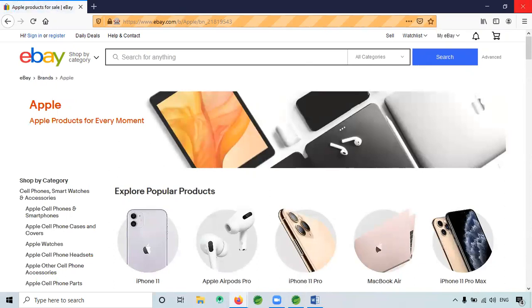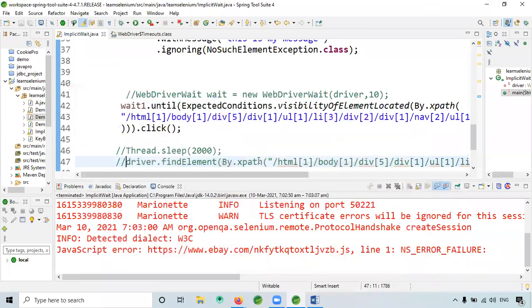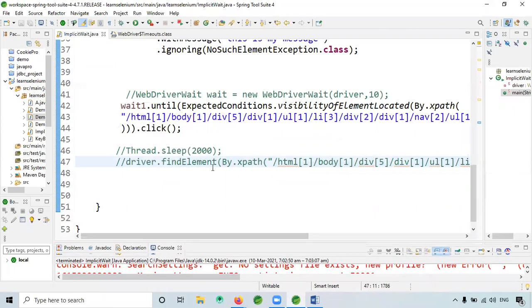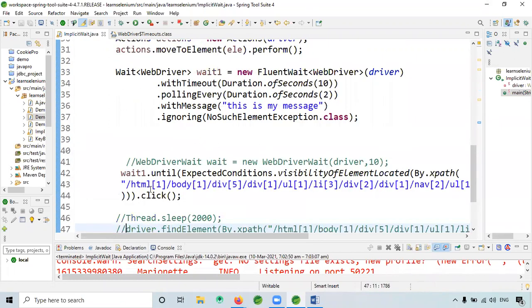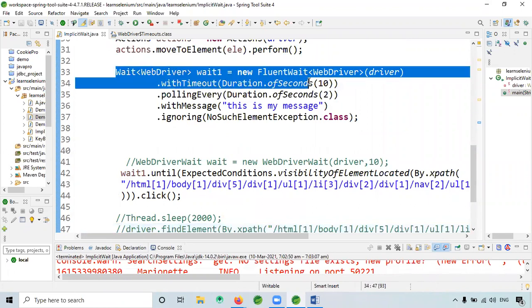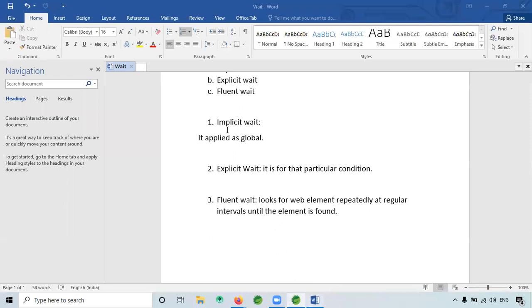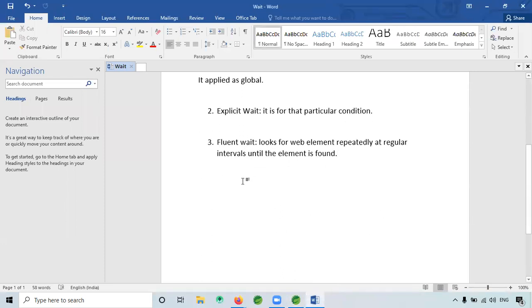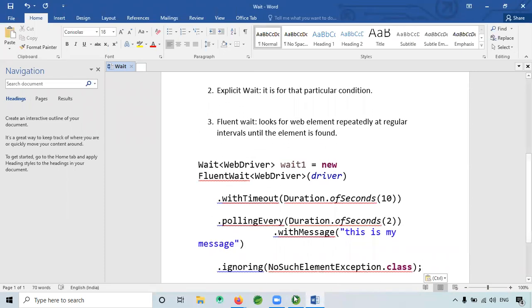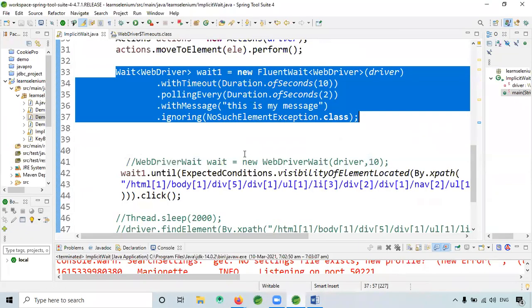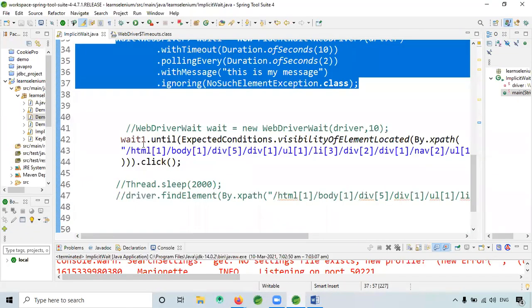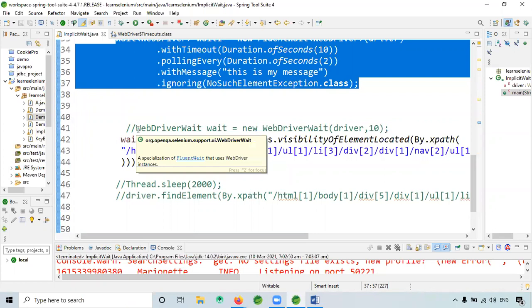Yes, FluentWait is working. I think FluentWait will work only with the explicit one. Let me copy this code and paste here.